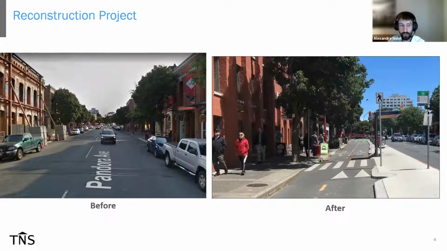The reconstruction of Pandora Avenue involved the installation of a two-way separated bicycle facility on the north side of the roadway. The bicycle facility is separated from the adjacent motor vehicle lanes by a combination of a raised concrete island and painted buffer strips with bollards. There are 5 mid-block marked pedestrian crossings provided along the corridor, and raised crosswalks are also provided at each transit stop, providing continuous routes from the sidewalk to the boarding platforms.